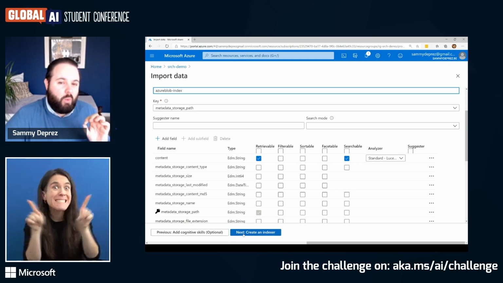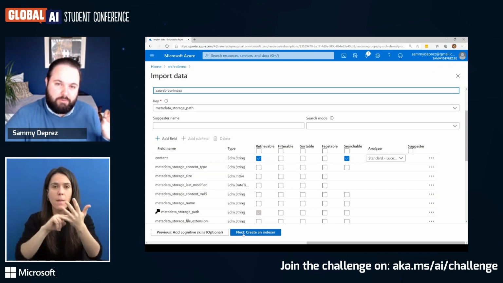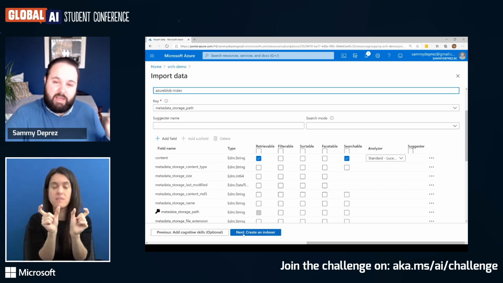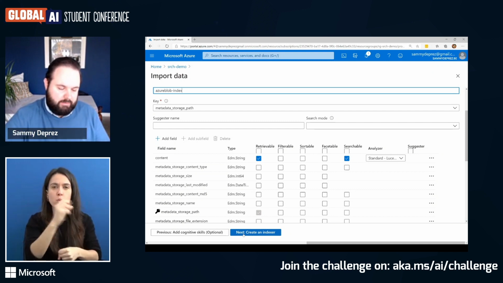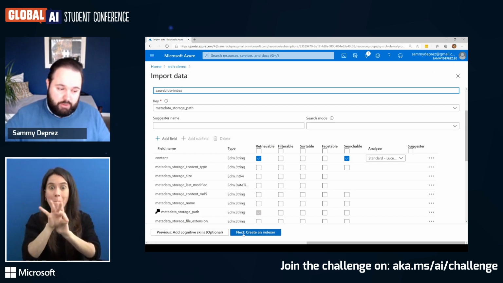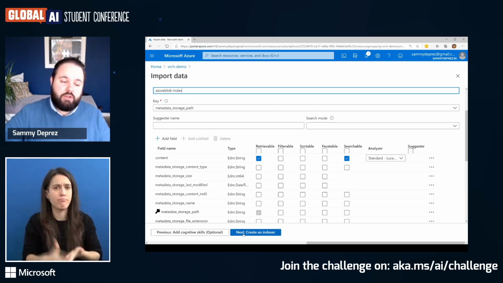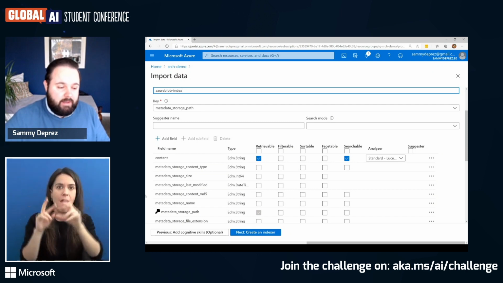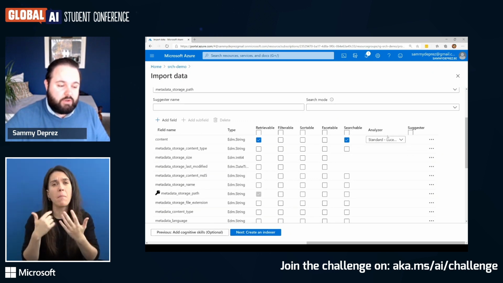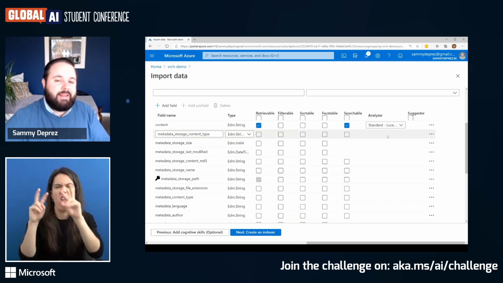Filterable is when you do a one-on-one match and you are looking for where the publication year equals 2007 or not equals 2007. And with the searchable fields, you can link an analyzer on it. Now, if you don't link an analyzer to it, the service will not be that good.